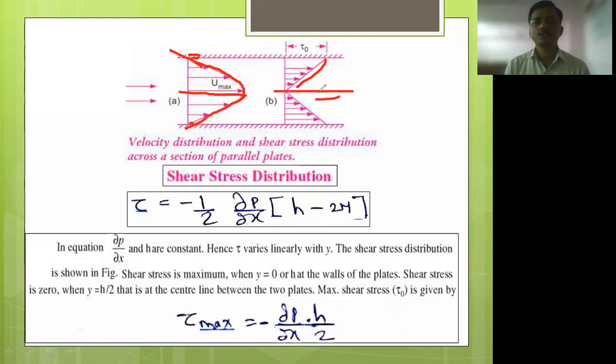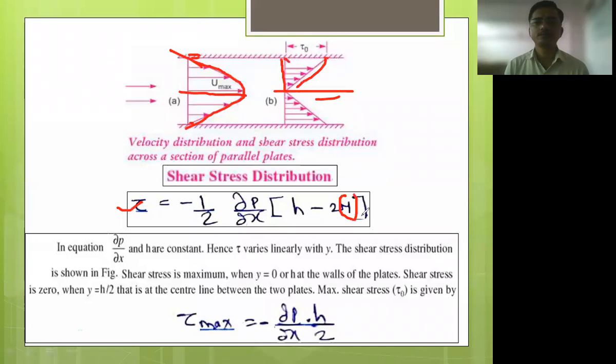Similarly, shear stress is minimum at the center, and it will go on increasing toward the surface. At the surface, it is the maximum. Okay, this is the formula to find the shear stress. If you put the values of y here in this equation, y 1, 2, 3, 4 like that, we can reach up to h. And when we put the value of h here,